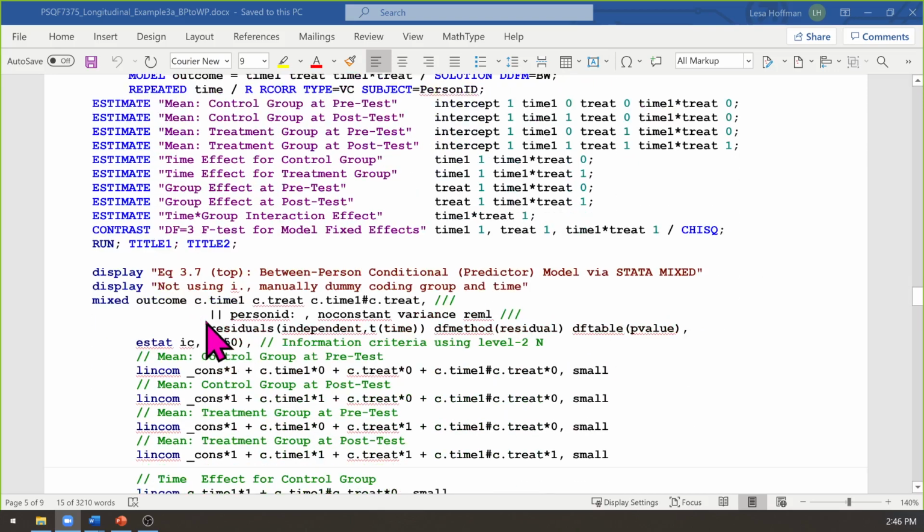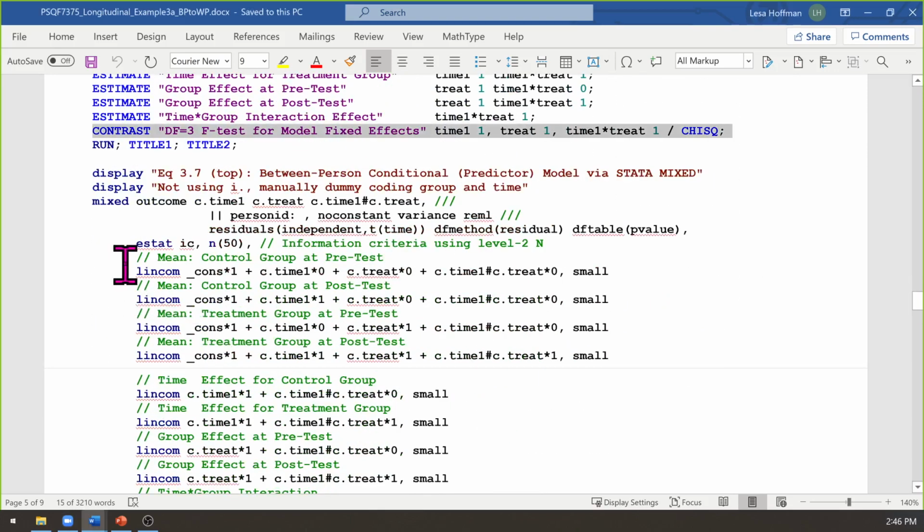Okay, Stata folks, your code looks almost exactly the same as what you would see in a general linear model. So I'm adding a C dot in front of my predictors so that I can use them in doing math later on. If I don't do that, it yells at me. Except your interaction definer is either a hashtag if you are under 40 or a pound sign for those of us who are a little bit older. Take your pick. That's how you define interaction terms on the fly.